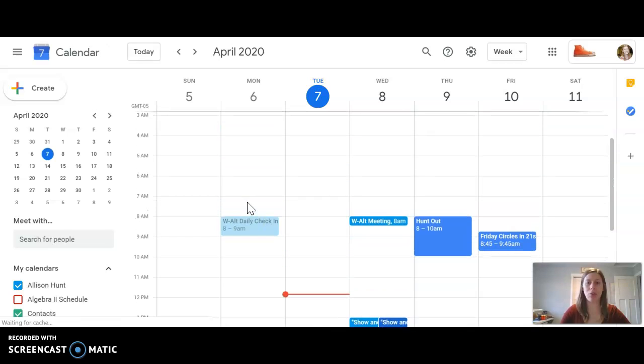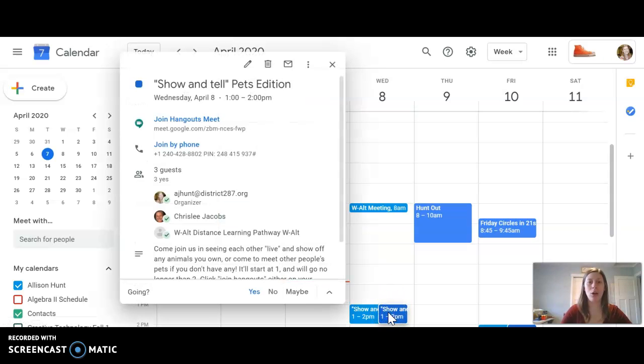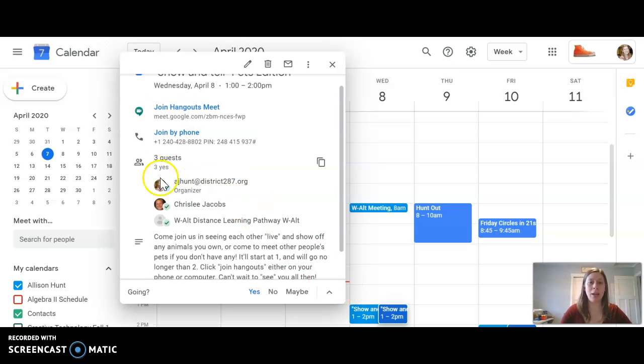So this is what I have going on this week. To join something, for example, tomorrow at 1 o'clock we have a show and tell pets edition, where you can show off any animals that you own or come to meet other people's pets or just come to see us live tomorrow. You'll click on it, it will open up, you'll click join Hangouts Meet,